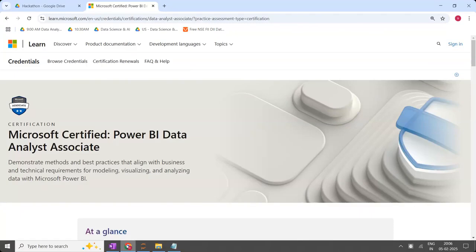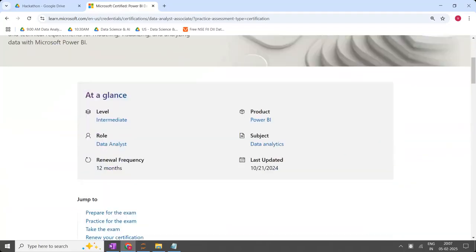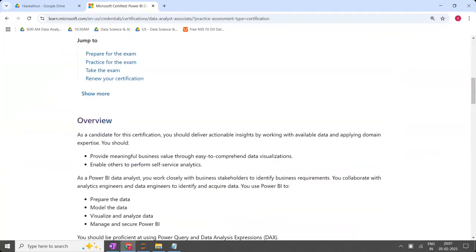You have to pay directly to Microsoft, and whichever student is interested, only that student is going to take the exam. If you're not interested in the certification, no need to take it. That is your choice, optional. But this certification is additional. In this, what content is there? Every content will be covered in the class.